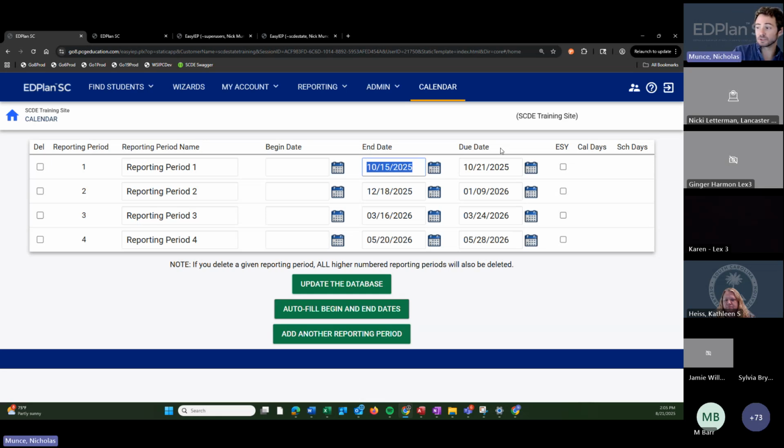The third element is the due date. And this is another optional element, but this generates compliance alerts in the system. So if there is no due date, perfectly fine. It won't cause any issues inside of the system. If there is a due date, it will automatically generate alerts to folks responsible for students if the due date has been missed. So if someone is a case manager of a student, the reporting period due date is the 21st of October, the 22nd of October hits, and there is no progress report, that case manager is going to get an automated message telling them you have an overdue progress report for this student.